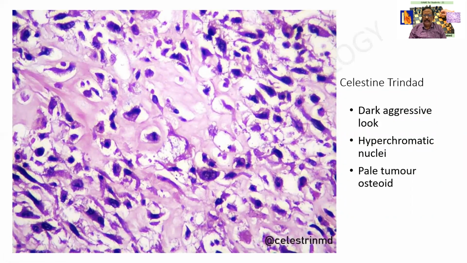It is so devastating. The entire bone is completely replaced by tumor. It is aggressive, obviously. There are hyperchromatic nuclei. All the dark blue lines are the nuclei. They are irregular, and there is also a pale tumor osteoid. In this region, I am finding pale eosinophilic acellular structures, which is called the tumor osteoid. That means this bone is being laid down by the tumor cells.